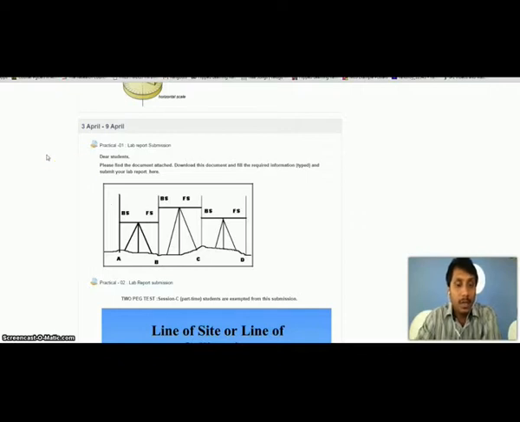See, you have done 3 experiments till now: practical 1, practical 2 and practical 3. In practical 1 you determined the backsight, foresight and intermediate sight, and you calculated reduced levels using the height of plane of collimation method and the rise and fall method. So once you complete your experiment number 1, practical 1, submit the lab report.